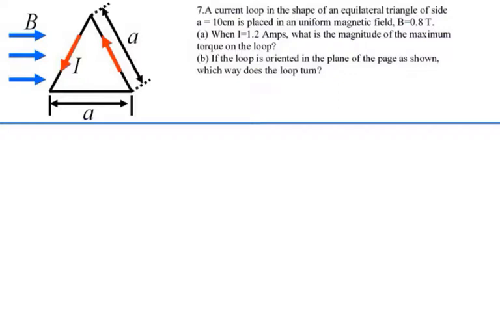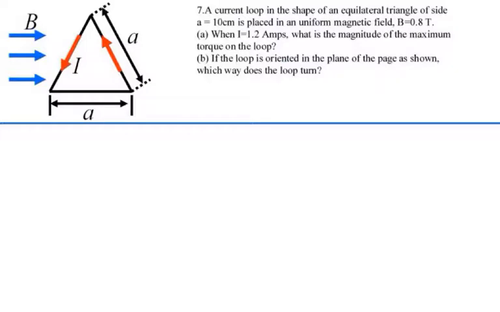Here's problem number 7 on the sample test. A current loop in the shape of an equilateral triangle of side length 10 centimeters is placed in a uniform magnetic field 0.8 Tesla. When I is equal to 1.2 amps, what is the magnitude of the maximum torque on the loop? Alright, we're going to have to find the area vector for this,